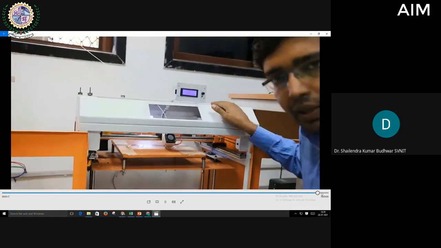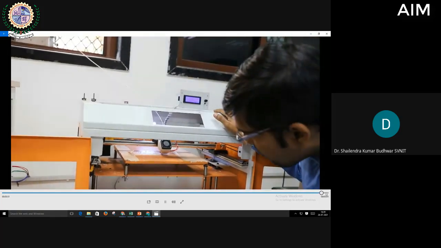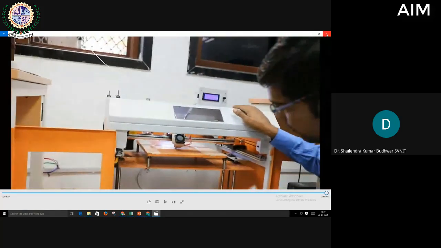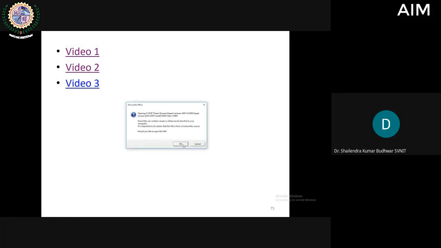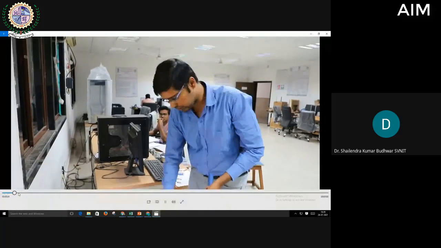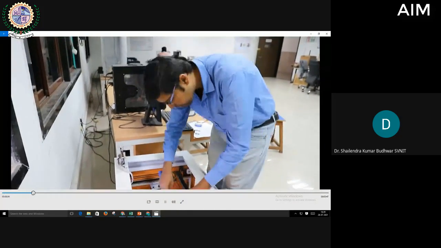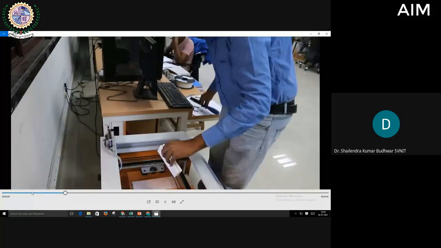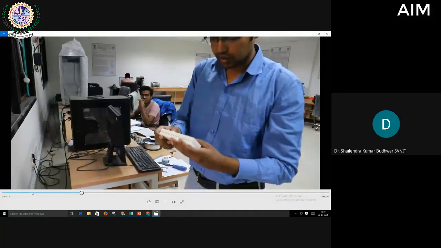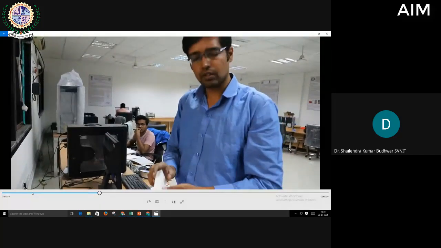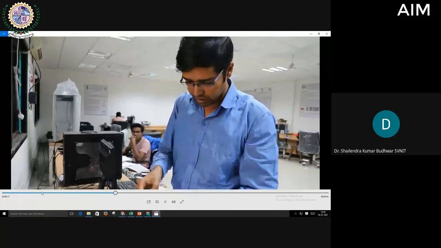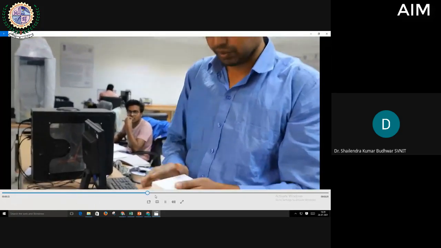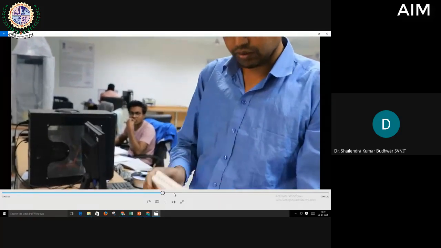So for PLA bridging, after completion of the total, you can remove this part with the help of a tool. So this is PLA. If this part is of ABS, you can improve surface finish using acetone vapors. Or for PLA, you can use rough paper to improve the surface finish, and this is the total actual part.